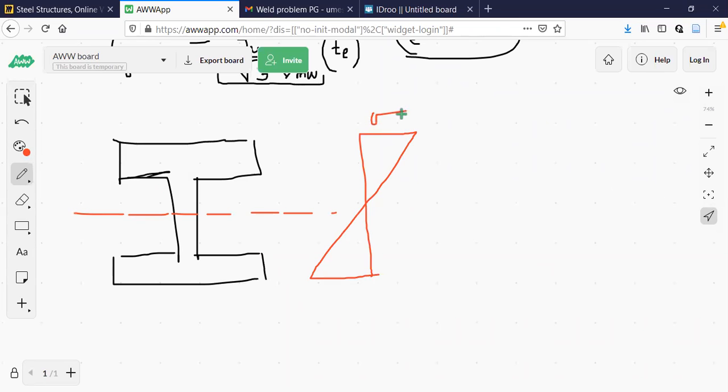This is sigma C or FC. This is sigma T. Okay. This is the bending stress distribution. Bending stress is 0 at the neutral axis. It is maximum as we start moving away from the neutral axis. As we reach the topmost fiber, you will find maximum bending compressive stress, or maximum bending tensile stress below.